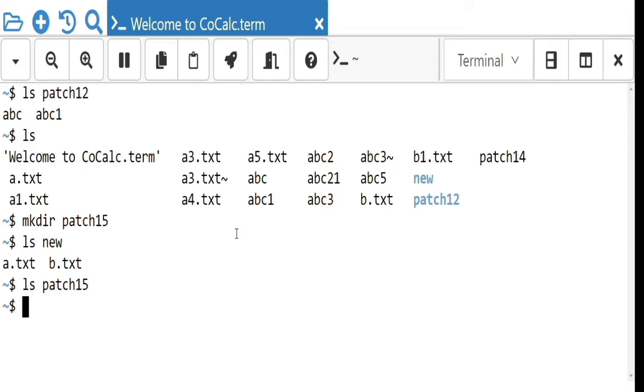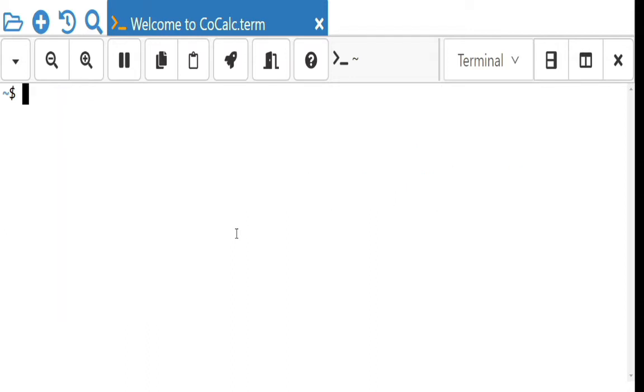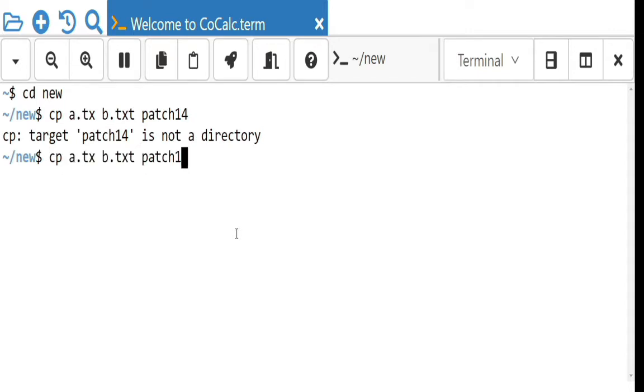Now I want to copy a.txt and b.txt into patch15. So how to do that? Copy, from where? new/a.txt, then new. Or directly you can enter into the folder: cd new. Now copy a.txt, then b.txt to the folder patch14. Is 14 there? Sorry, 15 I think.